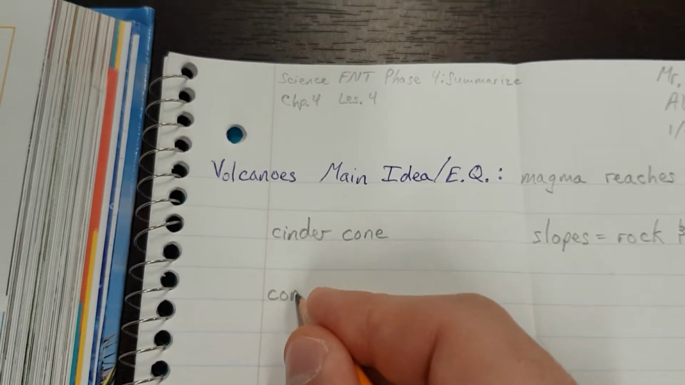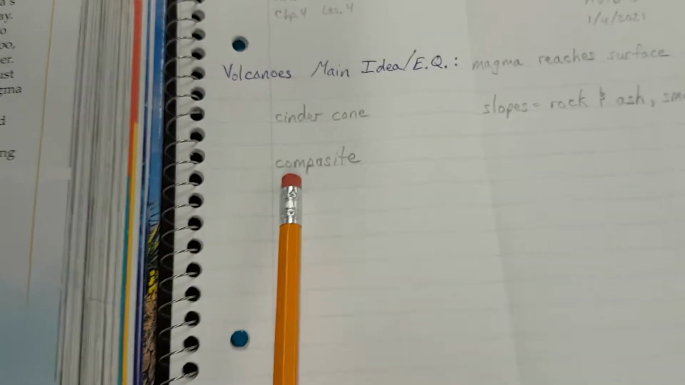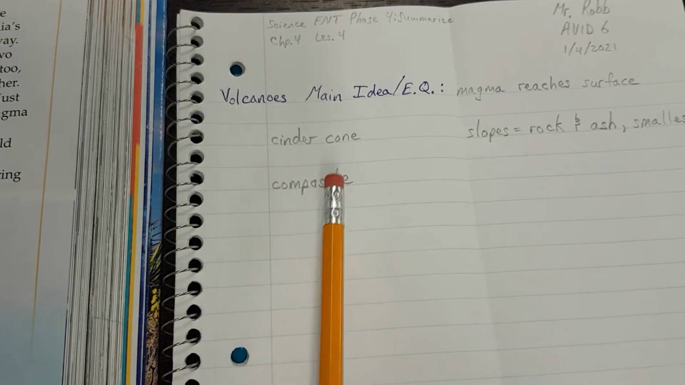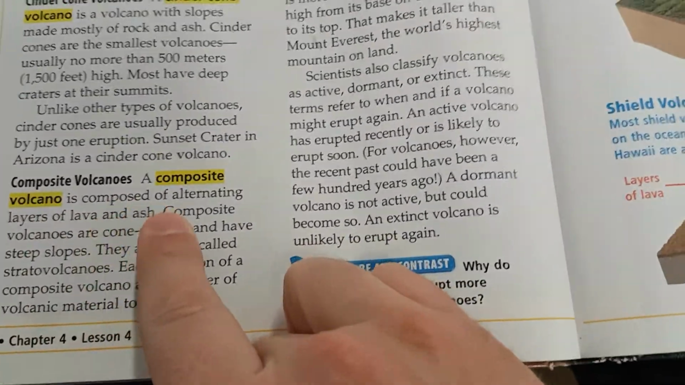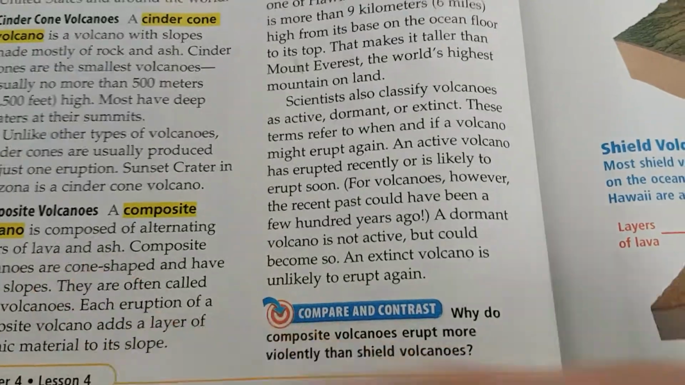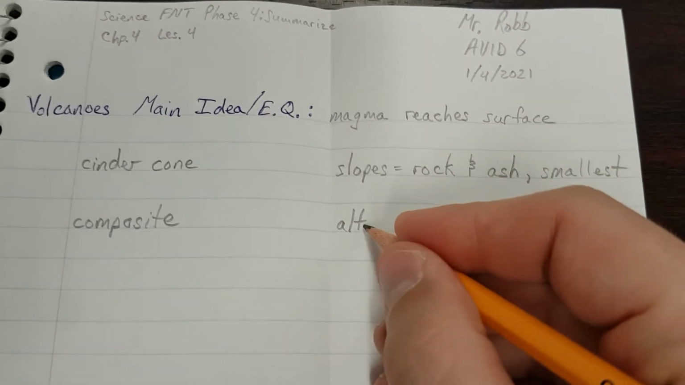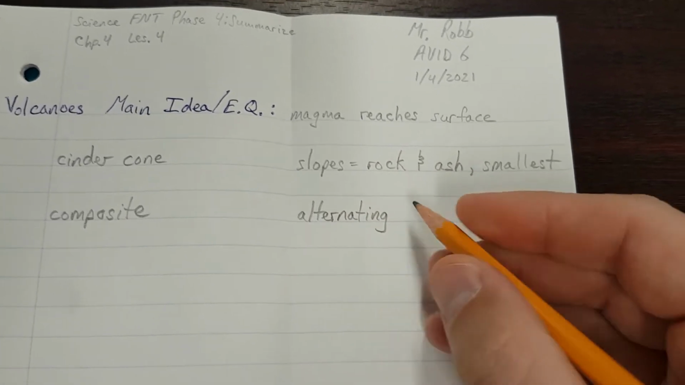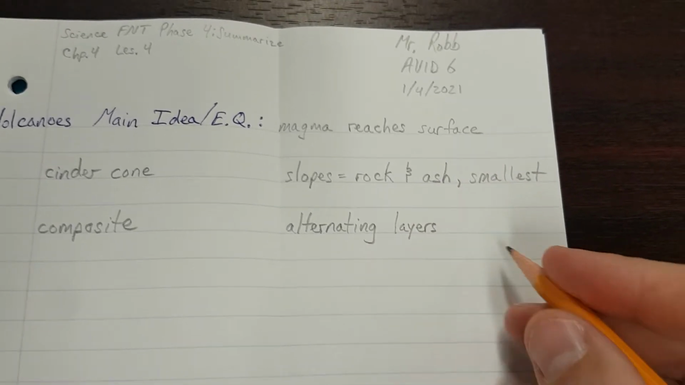Next vocabulary word, composite volcano. Composite, C-O-M-P-O-S-I-T-E. Well, I know from this word composite means to compose or put things together. Composites are going to be like more than one type of volcano. Page 162. A composite volcano is composed of alternating layers of lava and ash. Alternating, A-L-T-E-R-N-A-T-I-N-G, layers, L-A-Y-E-R-S,